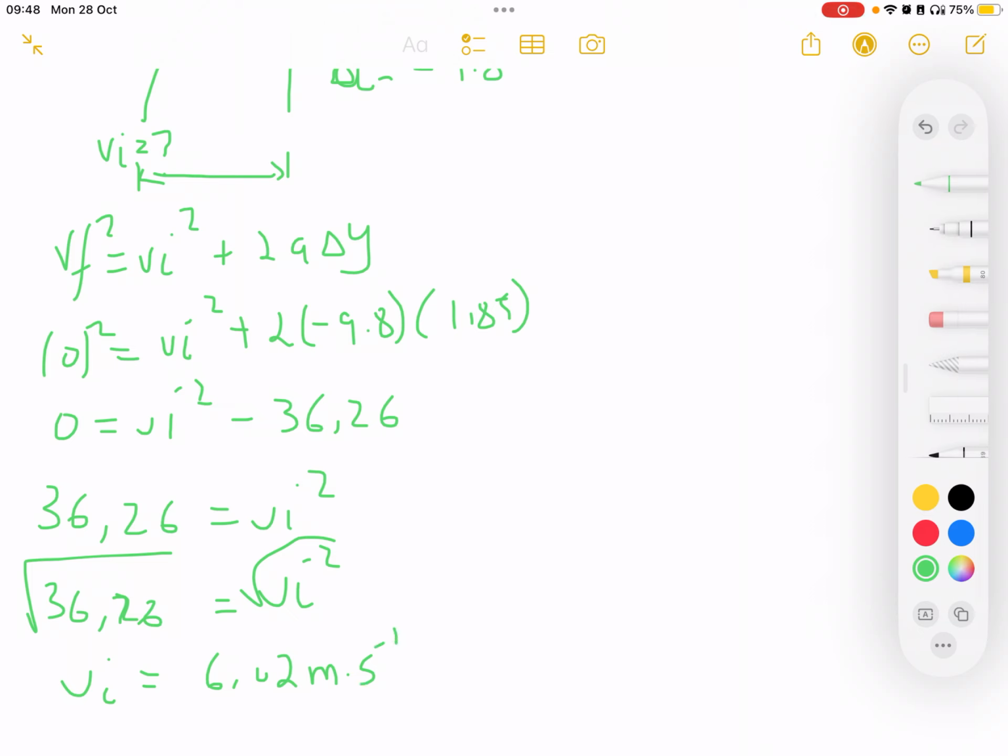Now, if we have our Vi, which is 6.02 meters per second,